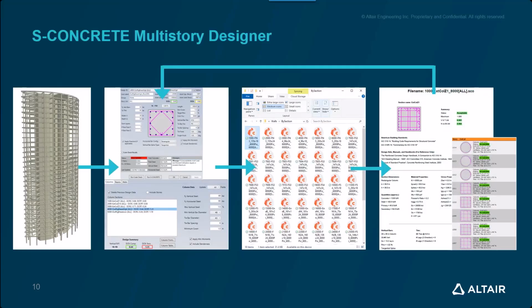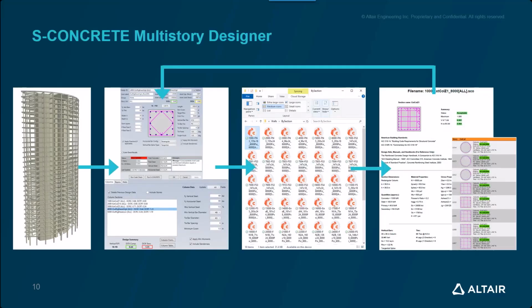It'll perform preliminary design checks and allow you to modify the design en masse rather than one section at a time. And then it's going to produce all those S-Concrete files for you, which we found is a fairly time-intensive process for some of these manual workflows where they have to produce lots of different S-Concrete files with all the different loading conditions and reinforcement and so on. So it can do that for you automatically based off of the limited input that you needed to make in